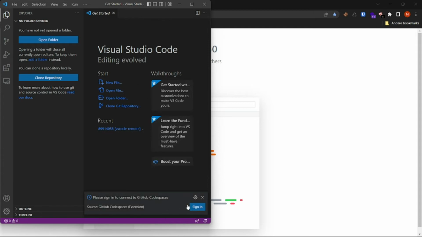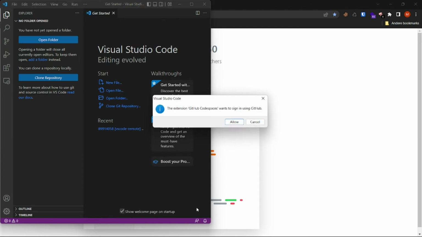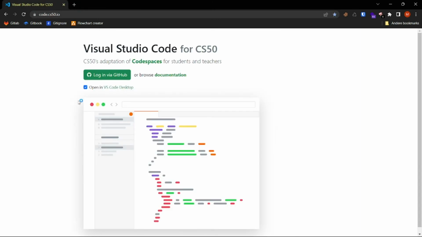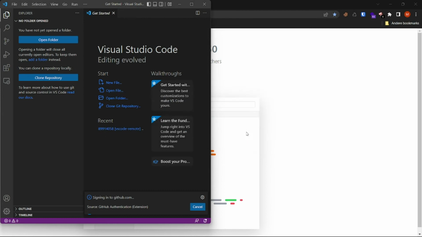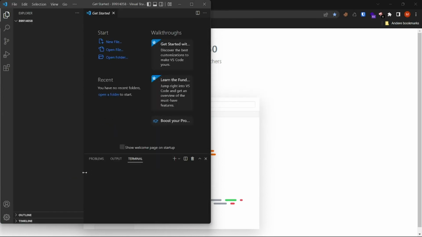And the next step is signing in. So this means signing in with your GitHub account. Allow it, and a new environment will pop up, and open it up again. Alright, well, in my case it automatically signed in with my email, but it can happen that you will need to authenticate yourself in a web environment. So if that is the case, it should be fine. It might take a little while to load up,